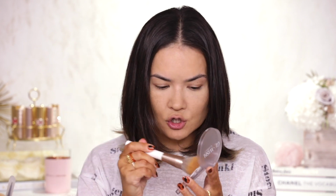But I will say this. I'm not gonna get rid of it for the simple reason. Using this product with an all over face brush and adding it just to the perimeter of your face, not to the center, but maybe to the cheekbones, even the jawline, that gives a really nice hint of color and also just a pretty glow. So I would say this is probably best to be used as a finishing product, like a luminous all over glow, but not all over, just in certain key areas where your face can handle it. So sadly, it was a fail,